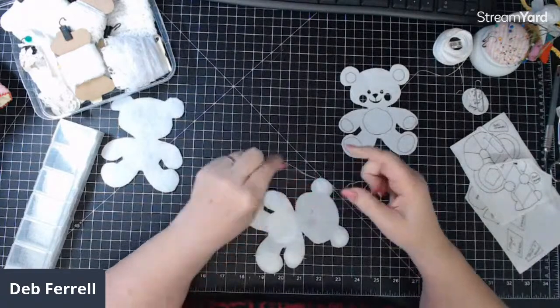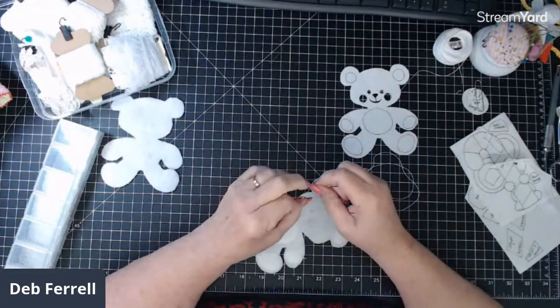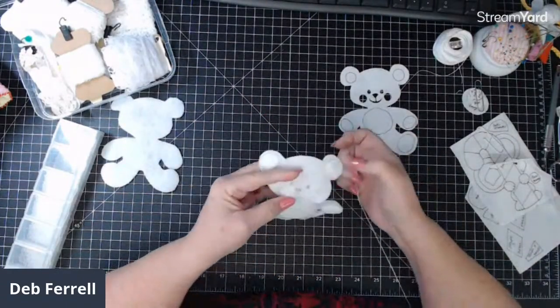I try to work with a thread length that's easy to work with. Sometimes it means you have to thread it more often, but